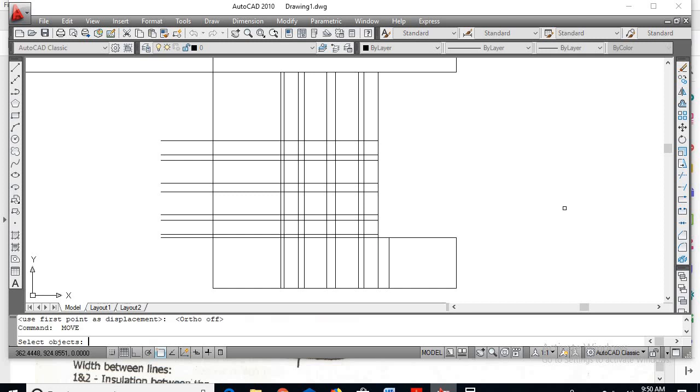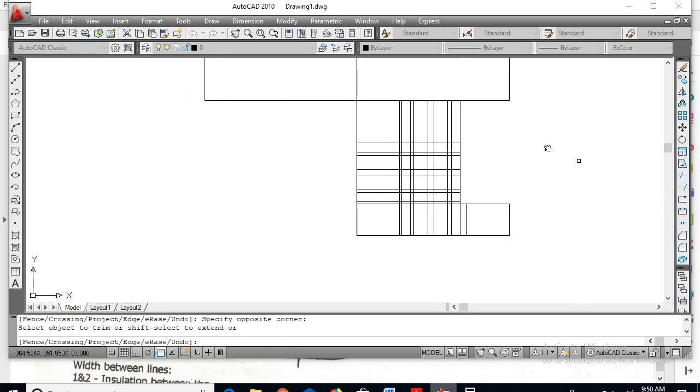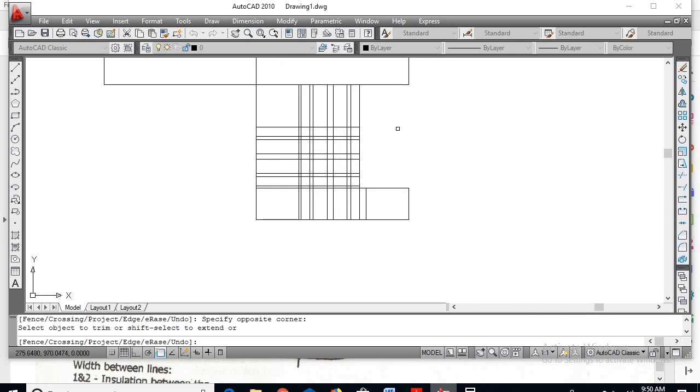Now I'll go for trim command, right click, remove the left half section unwanted lines. So now up to here the windings will be coming into consideration. Remove these lines. Okay, so now the windings have been framed.